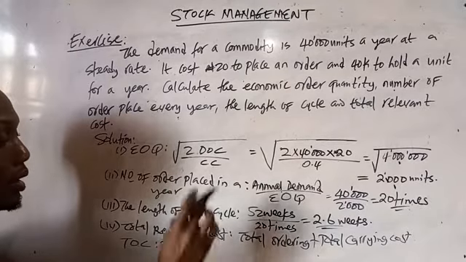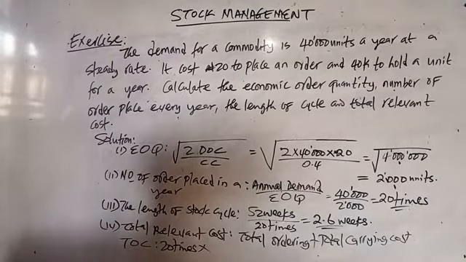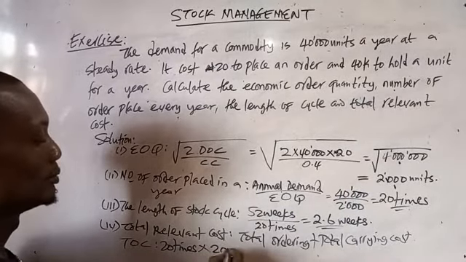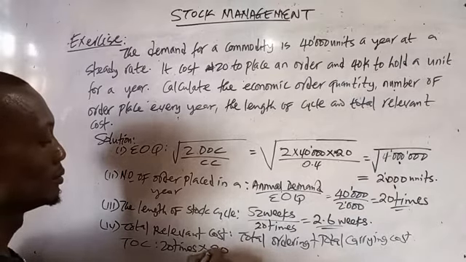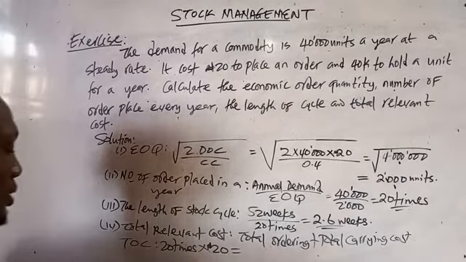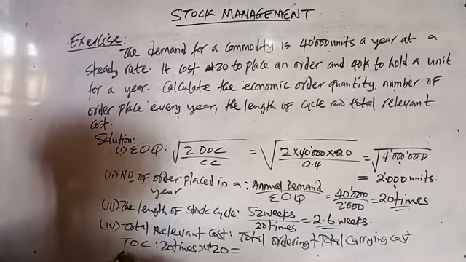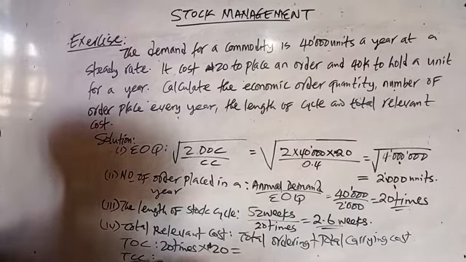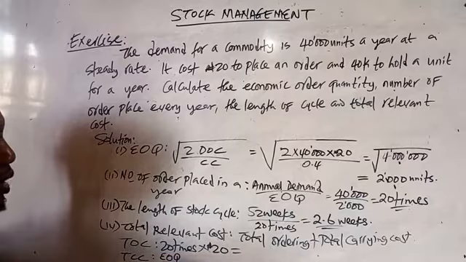multiplied by ordering cost. What's the ordering cost given in the question? 20 naira. So we now have our total carrying cost, which is Q, annual demand, this is EOQ rather. Q over 2, which is EOQ. The Q we are making reference to is EOQ. So EOQ all over 2 times carrying cost, CC, which is